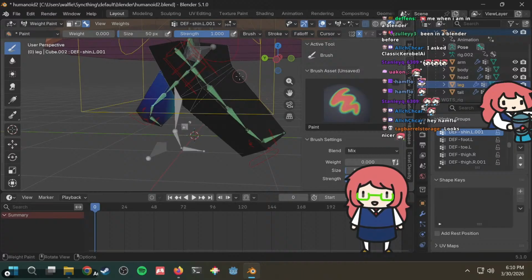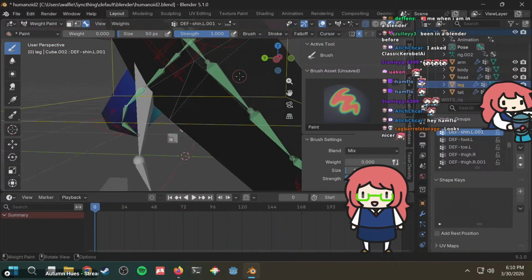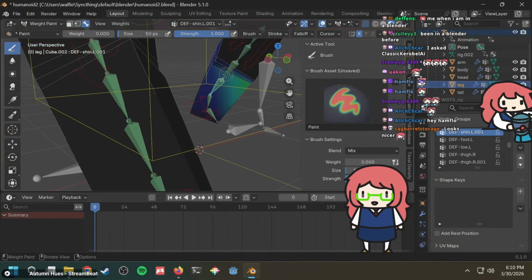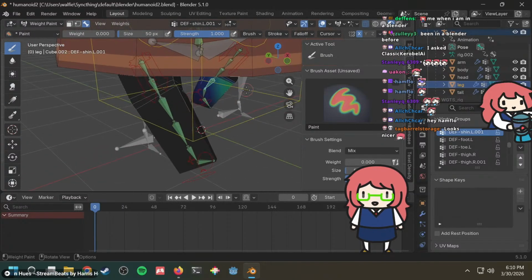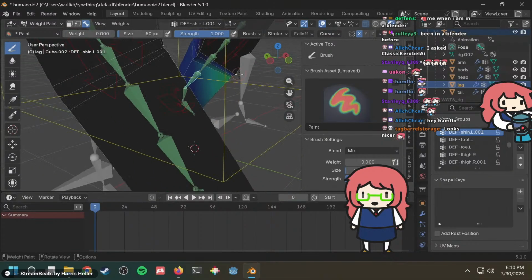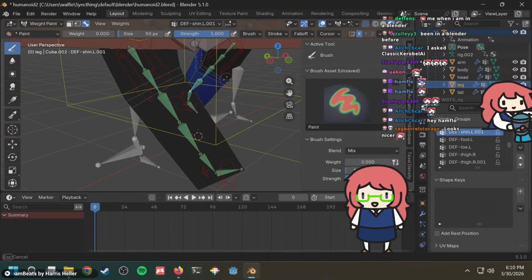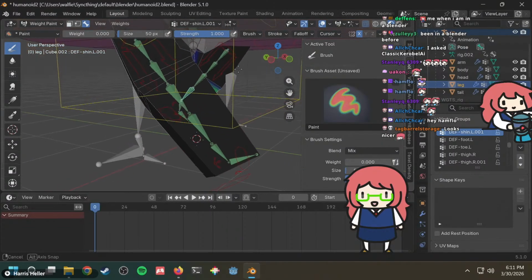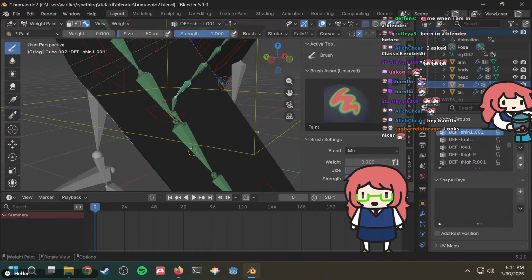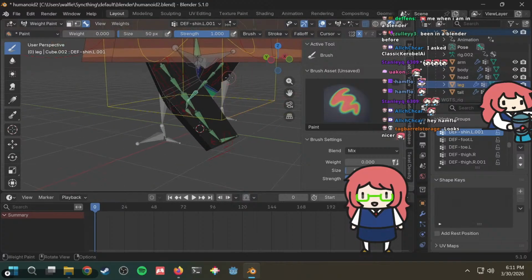Why is this like this? The bone is rotated the wrong way. Maybe the initial bone was wrong. Do you ever think that maybe your bone is wrong? The bones that we all inherited are incorrect somehow?